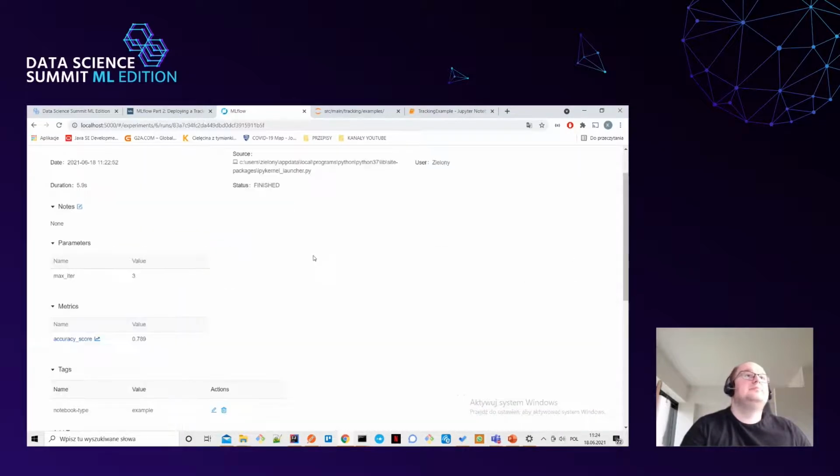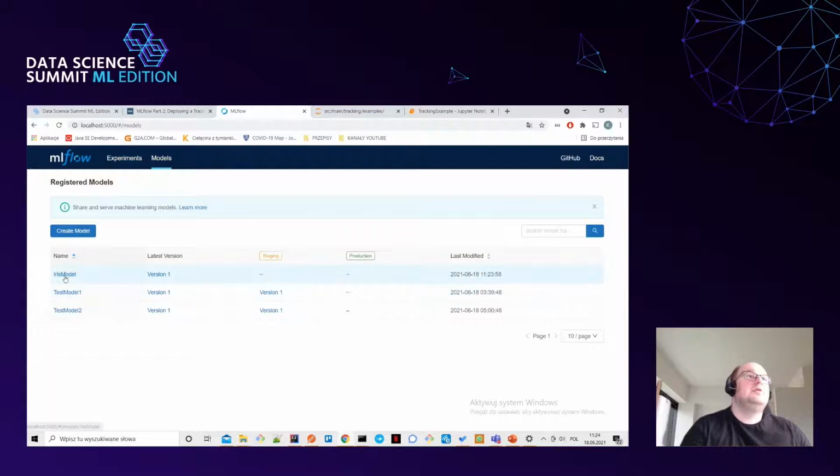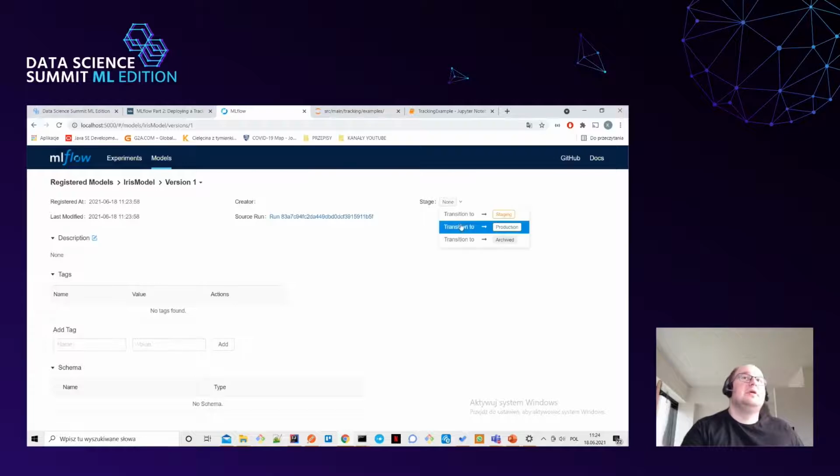And once I do that, I'm able to go here, and you can see there is iris model on the top, which means this progressed to a full-fledged model in my model registry, and I'm now able to manage its life cycle. It really has one version, but I could then, for instance, go and promote that other run to a different version of the same experiment, and I can transition different versions between different states. In terms of what states we have, we have staging, we have production here, and we have archival. Let's say, a thing that I can do is I can take, say, version 1, right, and move it to